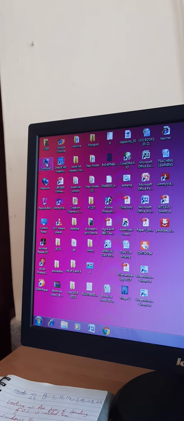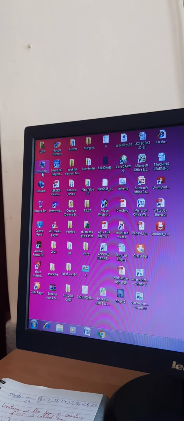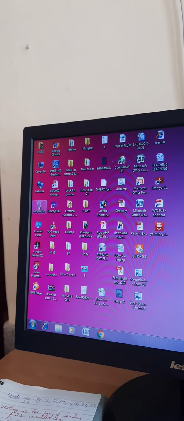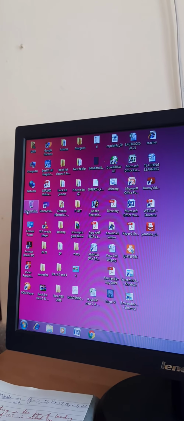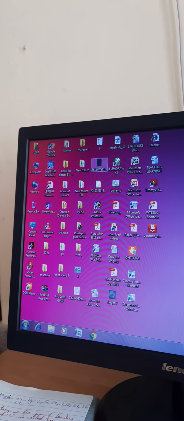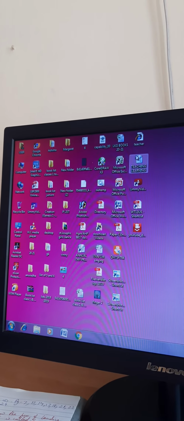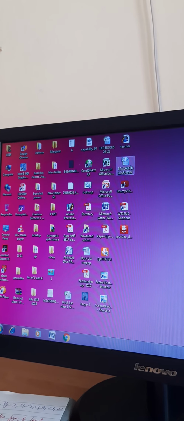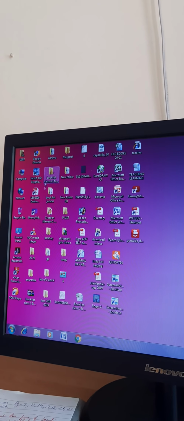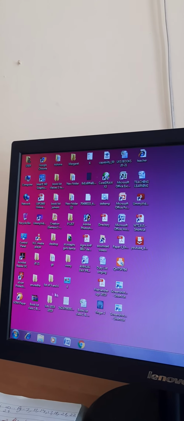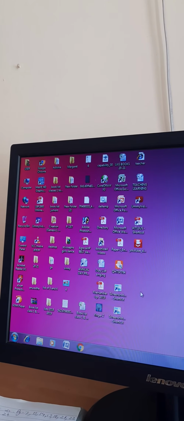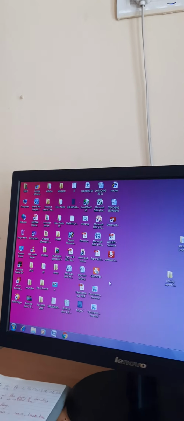Like this is computer, so computer is written. In this a bin is made, so it is recycle bin. Like this, for every picture, like this is W, meaning this is MS Word. Every picture is denoting an application, and it is easier for us to understand by the picture itself.